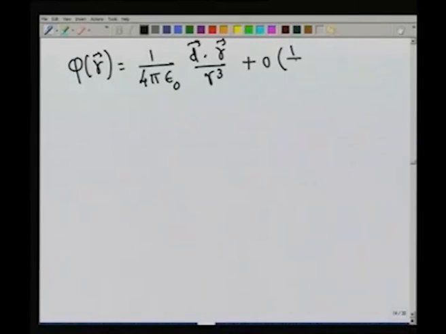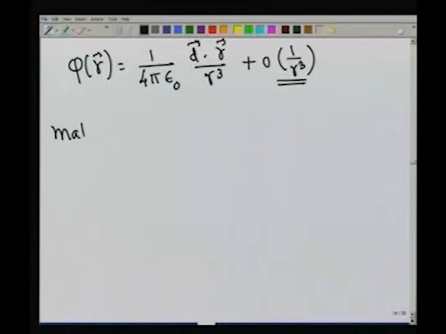but there is no spherical symmetry. Now I should not forget to add the terms of the order 1 over r cubed, because if I were to keep higher order terms, this would also contribute. Therefore, whenever we cannot ignore in the strictest sense the terms of the order 1 over r cubed, my system is called a physical dipole.